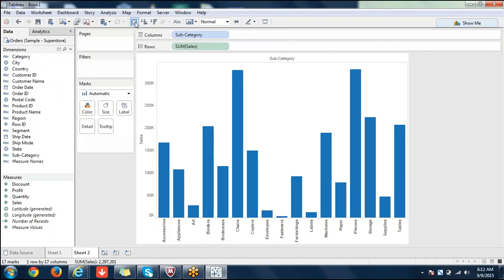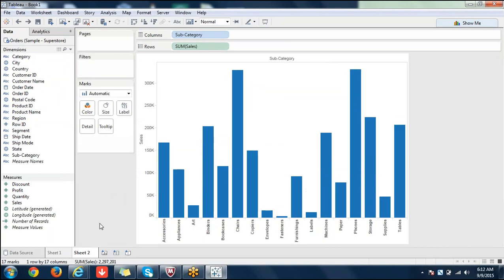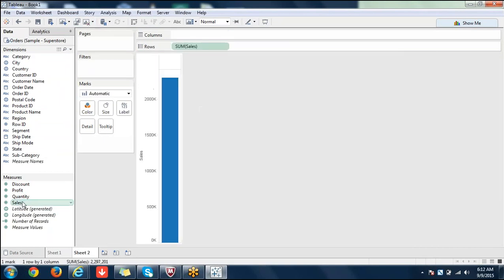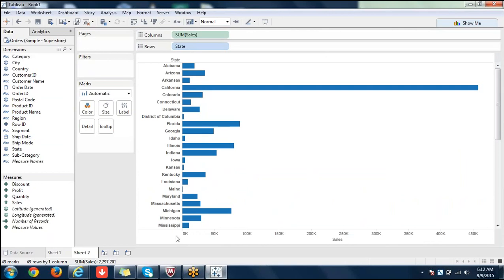Subcategory, and we can do it in another way also. We have state and region here, we can use those fields also. Otherwise I will use those fields only, so that you'll see the clear-cut difference.